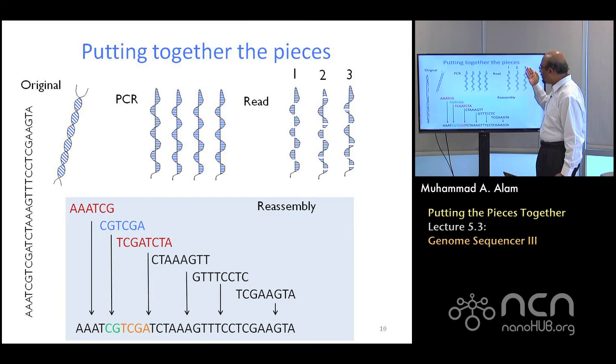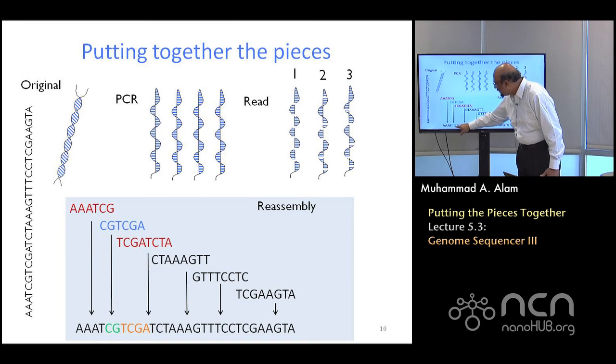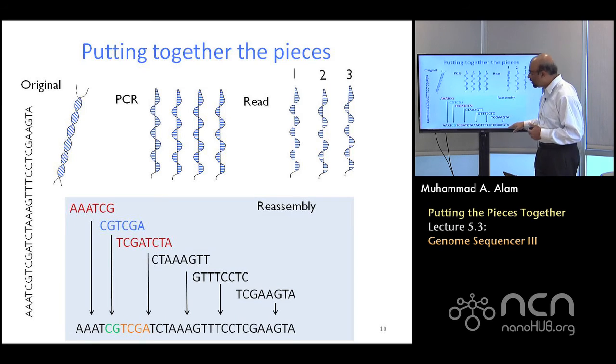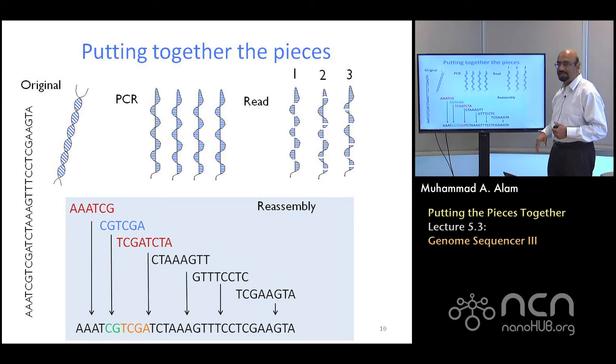The overlapping pieces which will piece them together, telling us which is after what, will come from the additional experiments, and you can see the CG has an overlap. So by looking at these first three, you know that this sequence has to go with this, because otherwise this has the match with the next one, and correspondingly this has the match with the next one. And by putting them together in the computer, by searching back and forth, you can put together the entire sequence. So my bottom line is that in order to put things back, you need multiple experiments, 40 million here, 40 million here, 40 million here, in order for this reassembly to take place.